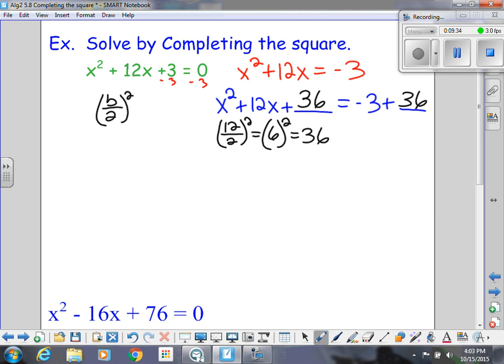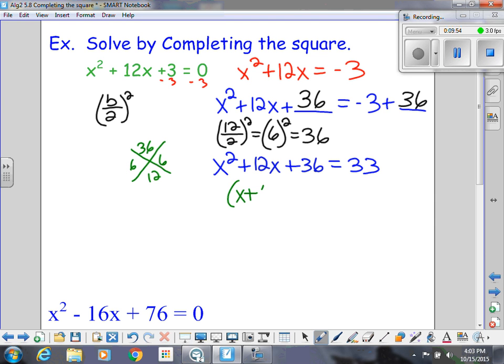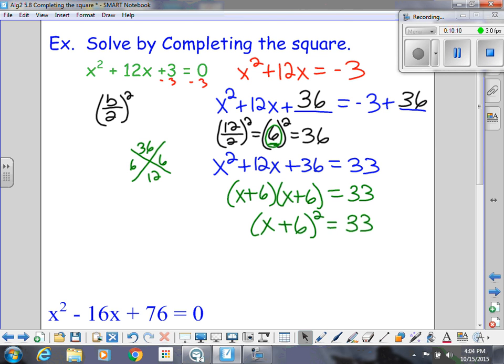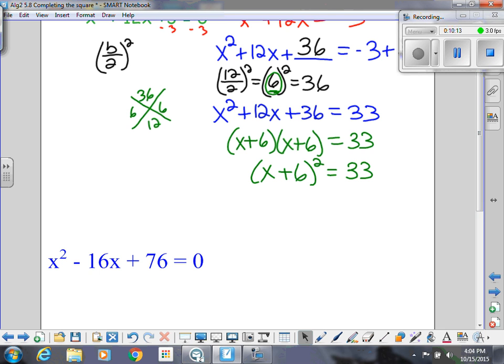So I'm going to rewrite what I've got on my equation. x squared plus 12x plus 36 equals 33. Now we're going to factor this. If you need to, go ahead and do this. But I know that's going to be 6 and 6. Hey, have you noticed that this number that gets repeated, that's the same number that's being squared there? So if you want, you can use that as a shortcut so you don't have to go through all the thinking of factoring. Okay, so now that we have parentheses squared equals some number, we can take the square root